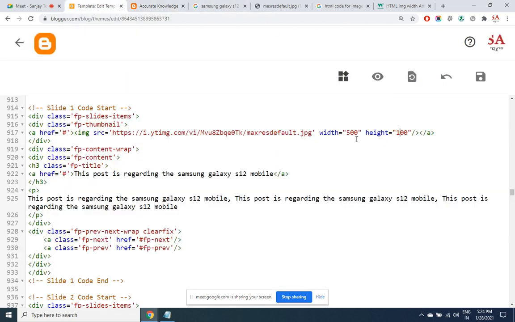We'll have it here as 100, then width is obviously 300. We do not know what dimensions to set, only the aspect ratio more or less. The image may come very small, medium, or larger. But once you see the size, you'll get an idea whether you have to increase or decrease these numbers. Save.